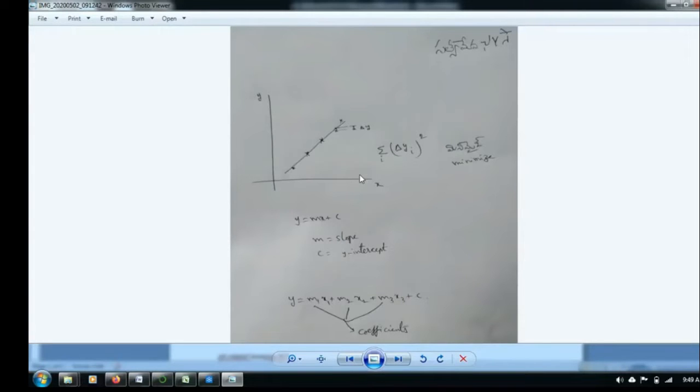As of now, the data of x given is from this value to this particular value. The maximum x given to you now is this. Towards the right side, if you take some other x, it is like a future prediction, because you are predicting for a future value of x.